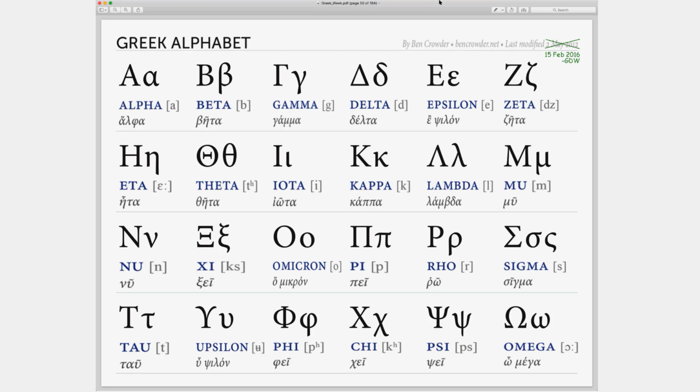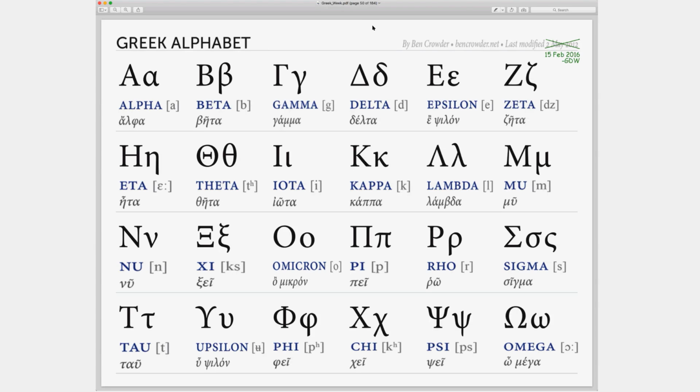And I'll actually sometimes mispronounce a little bit just for emphasis. It's normally pronounced xi with a Z sound. I'm going to say psi, x, micron. Micron is little. It's the little o sound. Pi, p, rho, r, sigma,